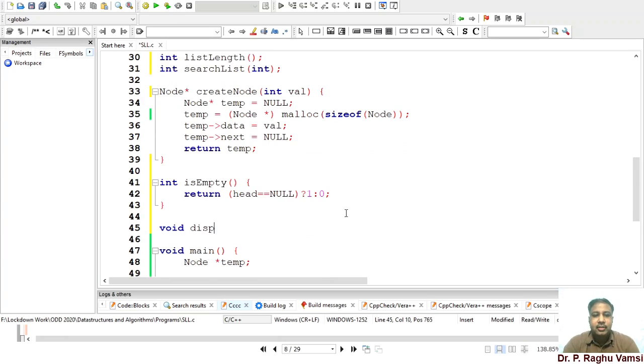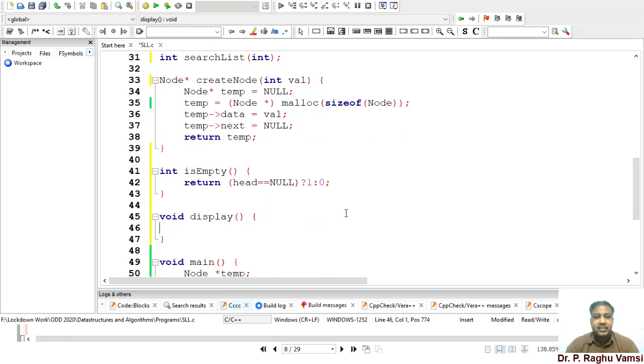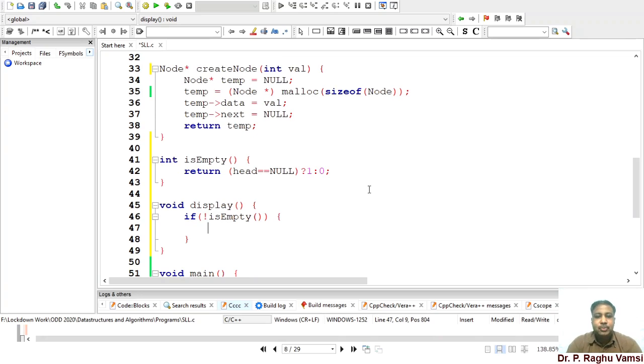So void display. When can you display a list? We can display the list only if the list is not empty. If not isEmpty, because if the list is empty, it will return 0. Otherwise, it will return 1. If the list is not empty, then we need to go for traversal. For this, I am creating a temporary node temp, which is initialized to null.